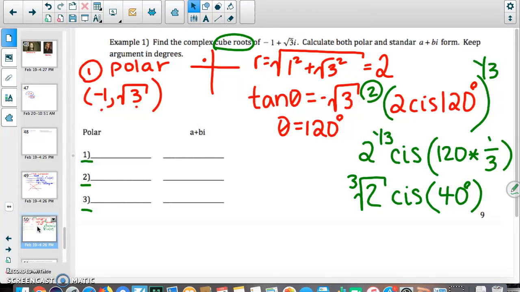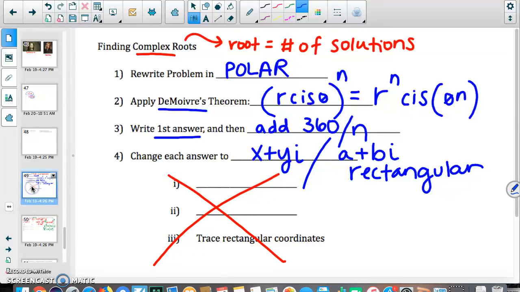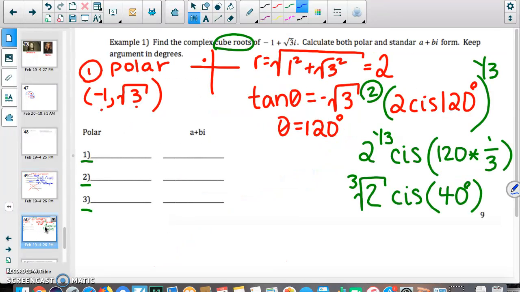That's my first solution. So yay, we have gotten our first answer. So let's write that down right away. 3 cube root of 2 CIS of 40 degrees. Awesome. Our next step now is just to figure out what I need to add to this to get